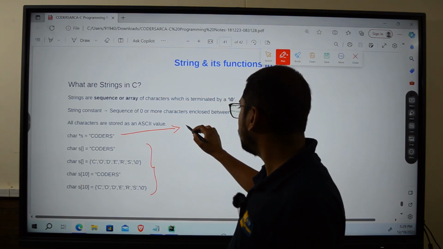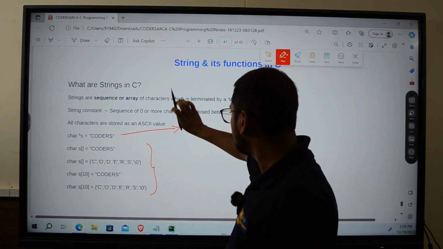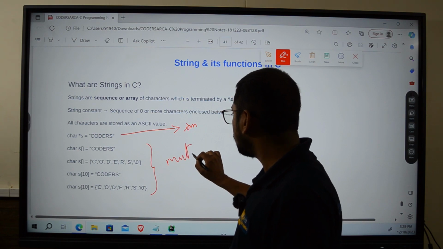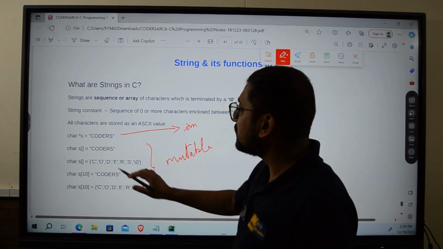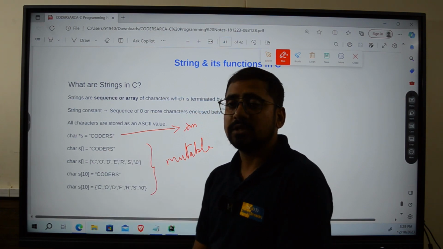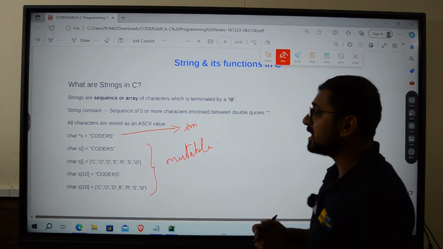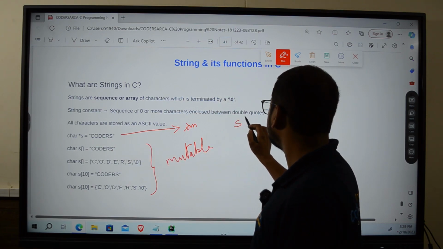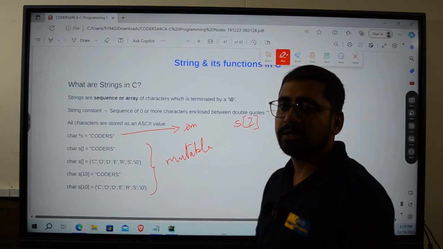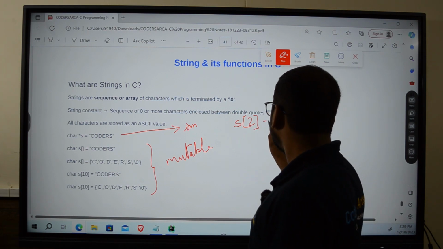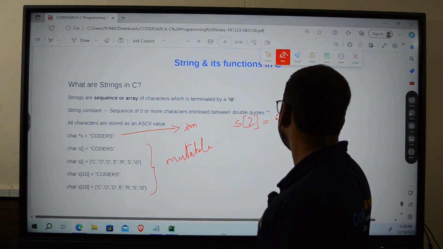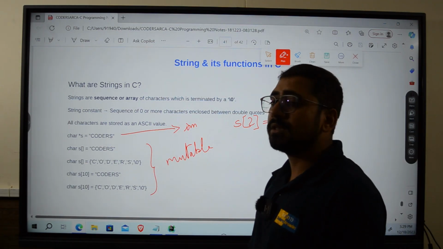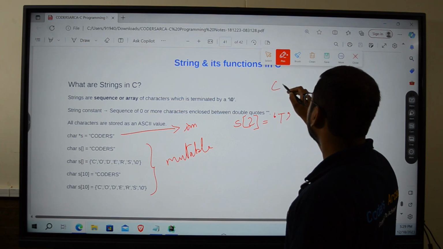Now this first one is immutable, and all these four are mutable. It means we can change these four, but we cannot change the first one. Suppose I want to change a character. In the case of the first one, I write s, and inside square brackets 2, and assign t. What do we think is going to happen? Our "coders" is going to change as